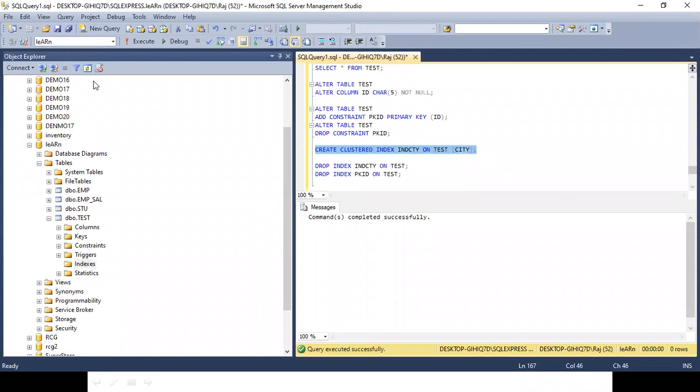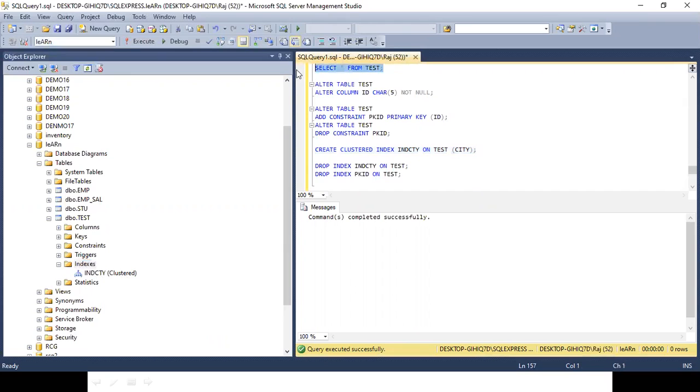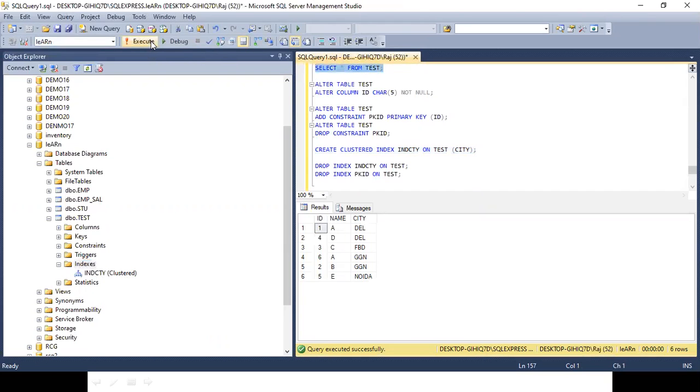Now we are able to create a clustered index on this. So you can say IND city clustered. Now what you were expecting, let me show you that as well. Okay, it shouldn't be.